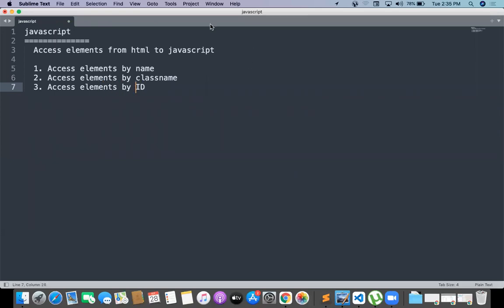So these are the three things we already discussed. Yes, correct, Manasa. One is access elements from HTML to JavaScript: by name, by class name, and by ID. So how to access elements by name?